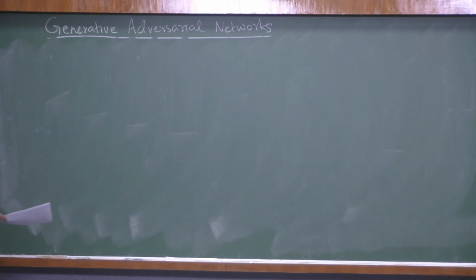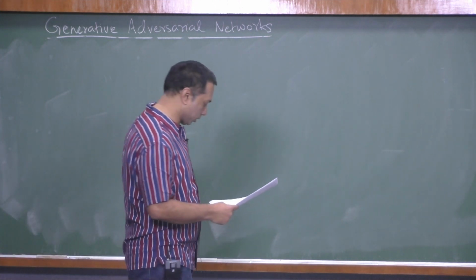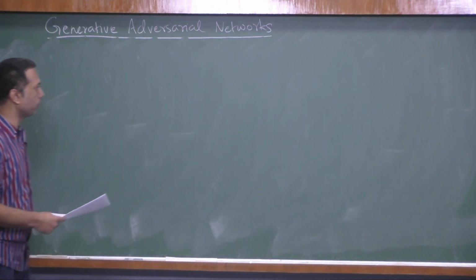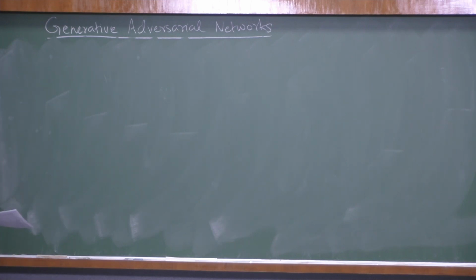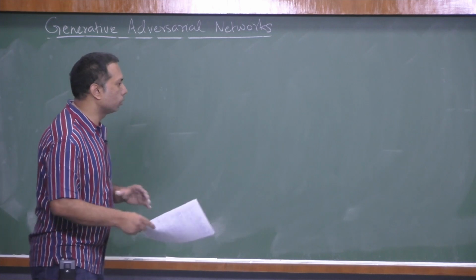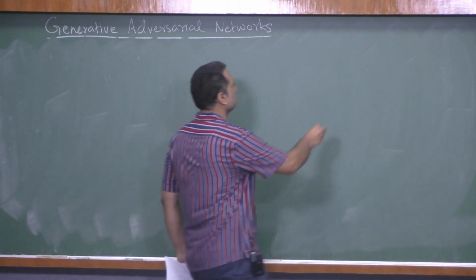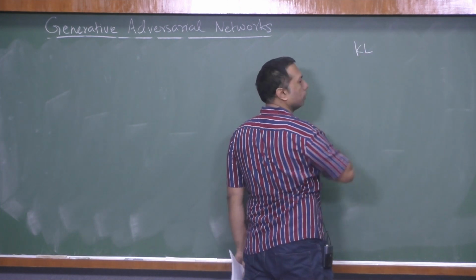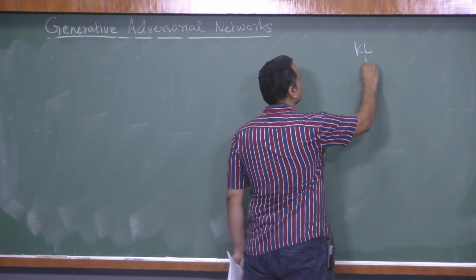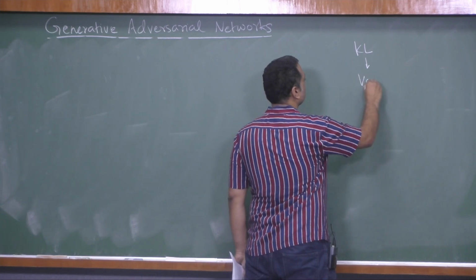Now let us come back to the track. We are a little bit familiar with KL divergence now, because that is the main tool for generative adversarial nets. So having a familiarity around this was needed. Now we will try to generalize KL. Okay, so we have KL. Now we will generalize to some variational approach,